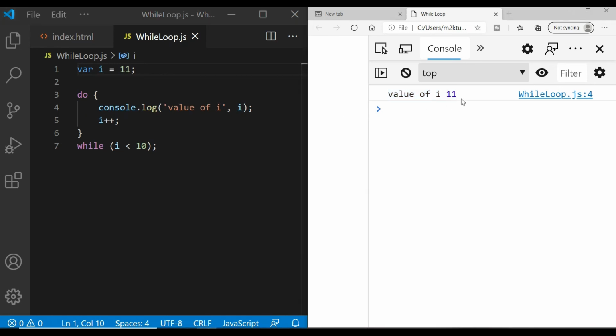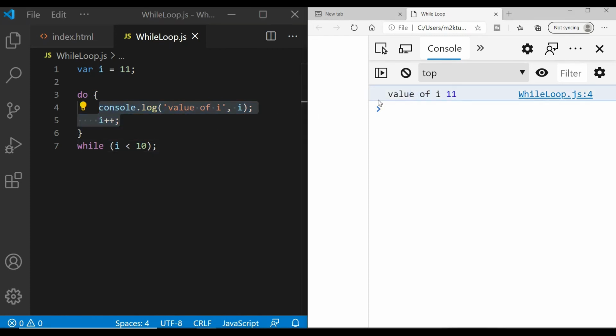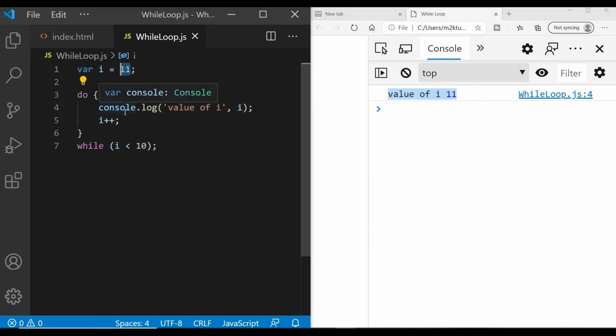As you can see, I put 11, still at least one time this code block is running and I am getting that value. After that, in the background, i was increased to 12, and then this condition failed. So again your while loop was not executed, but one time I get this value 11 because I have provided 11 here.